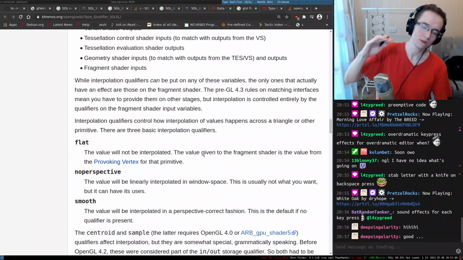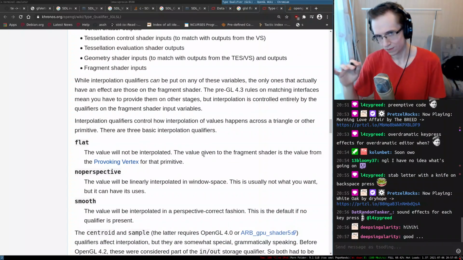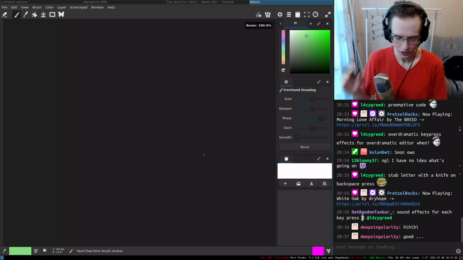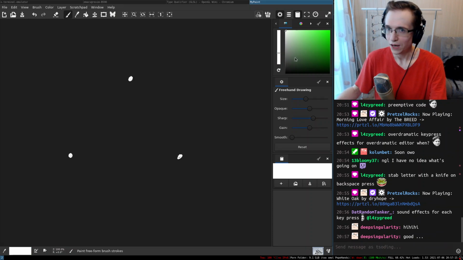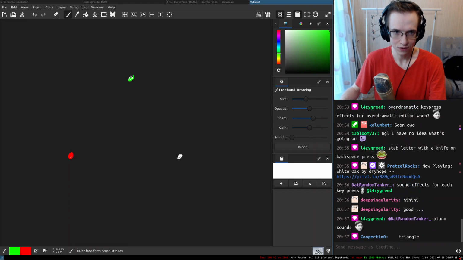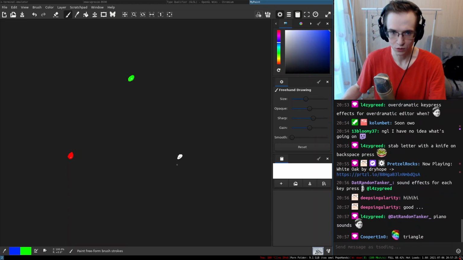When you draw a rainbow triangle, if you did a little bit of OpenGL, you're probably familiar with it. You specify only 3 vertices, and for these vertices you usually specify only 3 colors. One is going to be red, another one green, and another one blue.